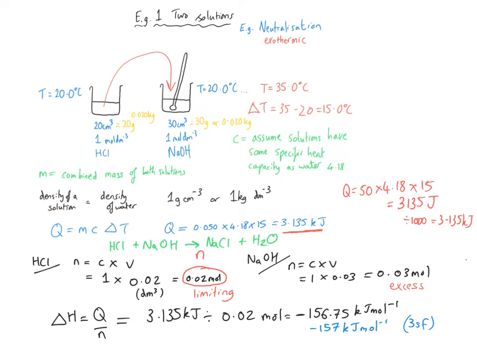So the only benefit of dividing by 1000 earlier on is that you don't have to divide by 1000 later at this stage. So as I say, I prefer the step that follows it through down like this, but there's nothing wrong with going to a value in joules and then dividing it by 1000 to have it in kilojoules. The important thing is to divide by 1000 at some point. And to just finish this off, the units are kilojoules per mole, and per mole of what? It's per mole of the limiting factor. So we have determined that the HCl is the limiting factor, so it is minus 157 kilojoules per mole of